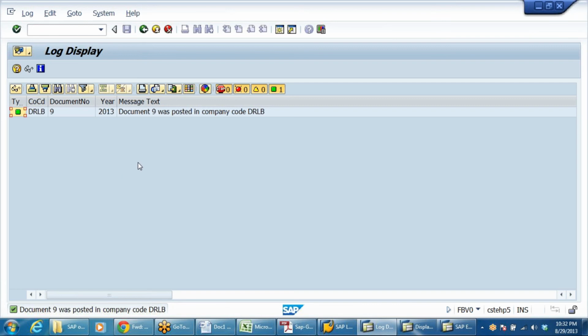See, document number 9 was posted in company code. So don't worry, sometimes you may get that error message, because these servers, people are not installing these things properly.